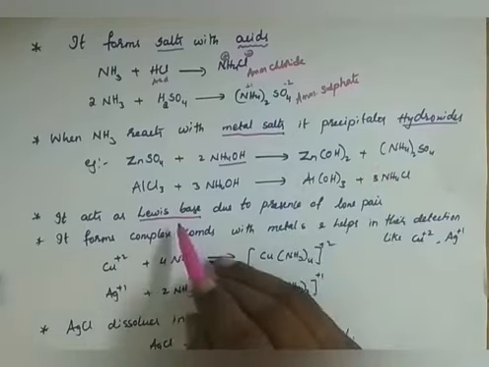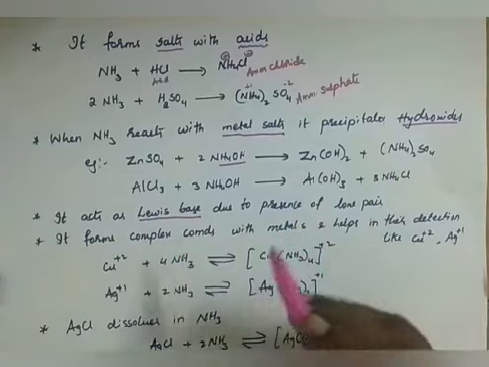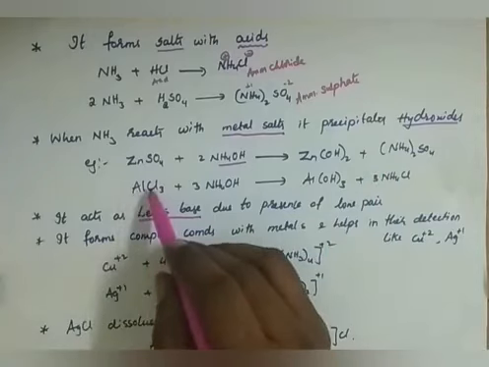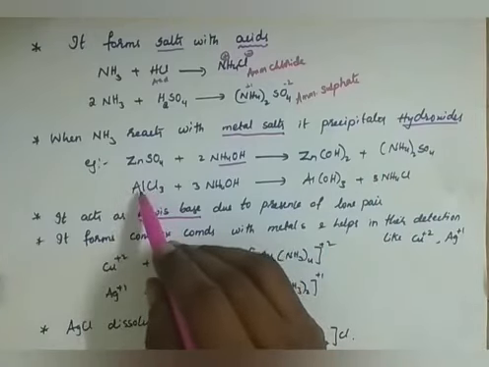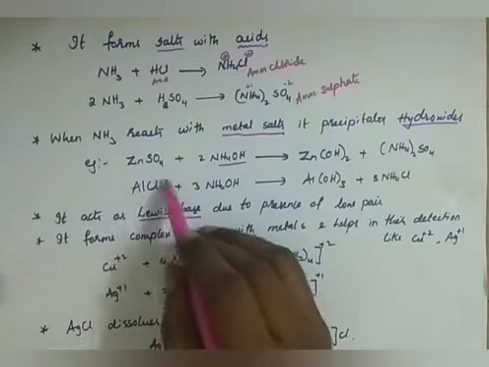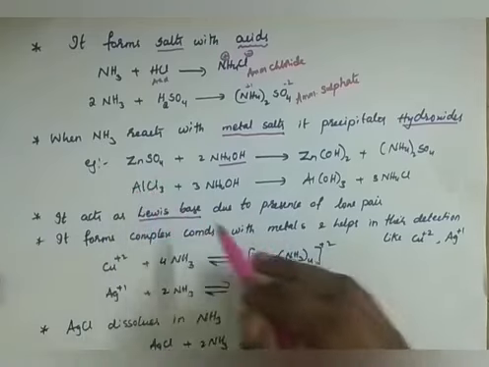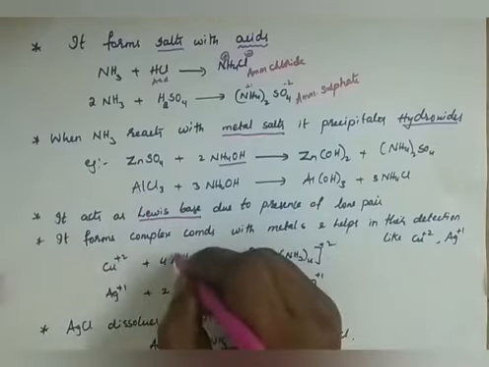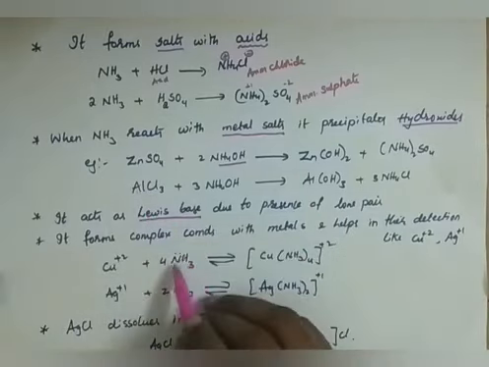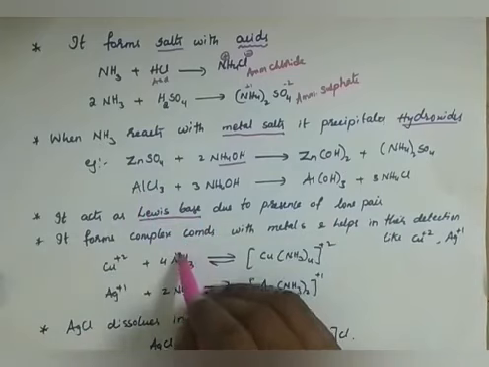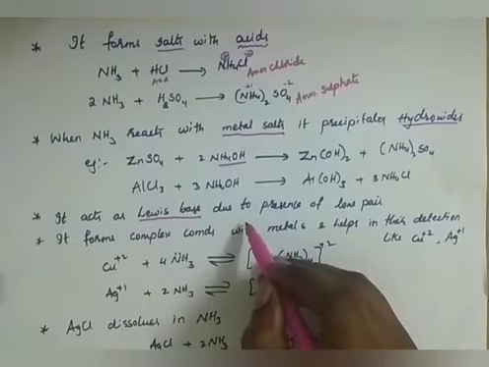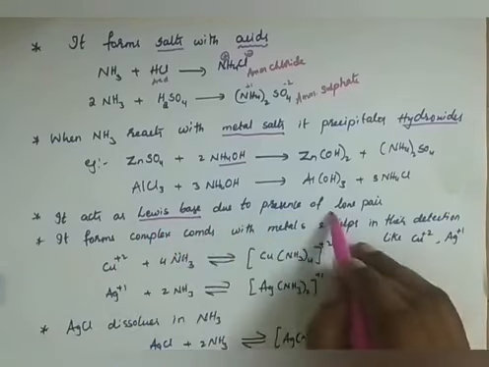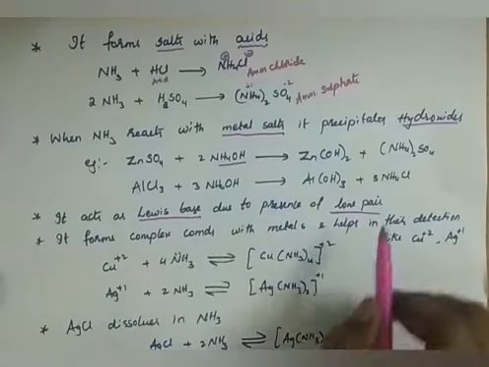And sometimes compounds do not have a lone pair of electrons, for example, AlCl3. It has a shortage of electrons. It will accept the electron, therefore it acts as an acid according to Lewis. But ammonia, NH3, has one extra lone pair. So this lone pair can easily be donated to other compounds. Therefore it acts as a Lewis base, due to the presence of the lone pair, one pair only.